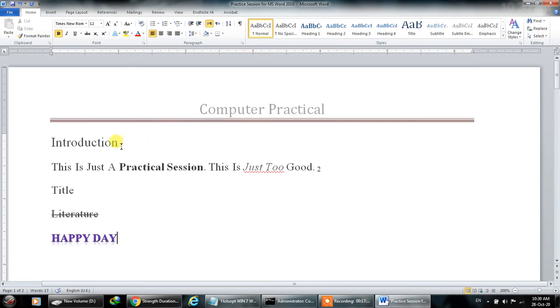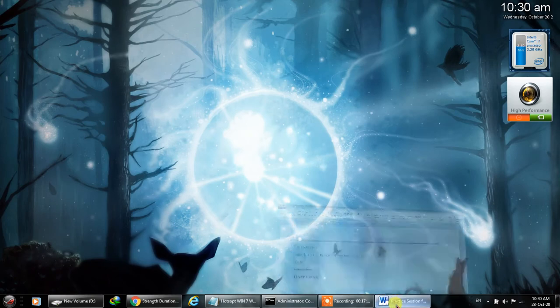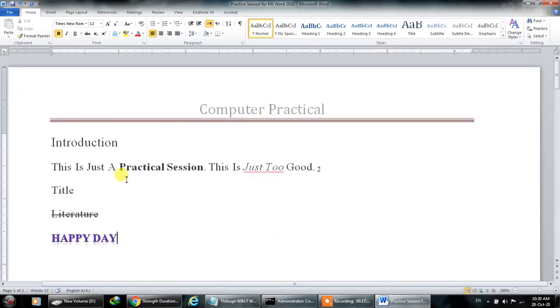If you want to highlight something, let me show you. I think my screen is disabled right now. So if I want to highlight, just similar to using the highlighter in the document or in the book, just click over here and it's being highlighted. So if you want to send a document with some notes highlighted on it, you can share. You can change the color of the highlighter as well. Any color can be used.